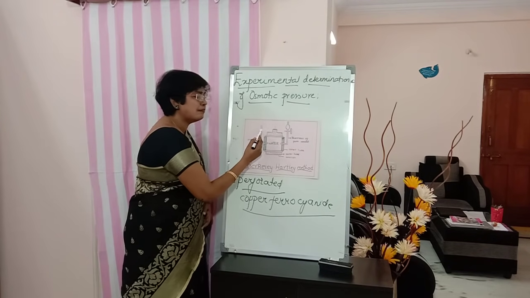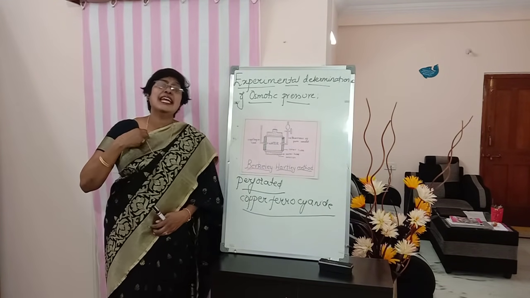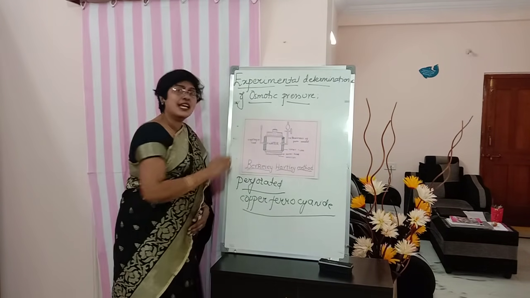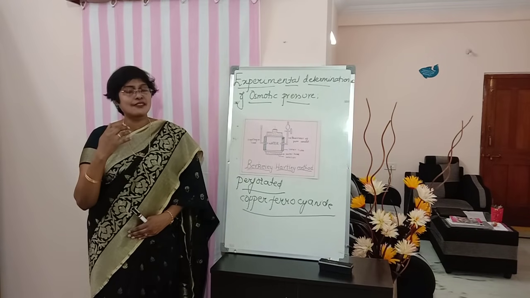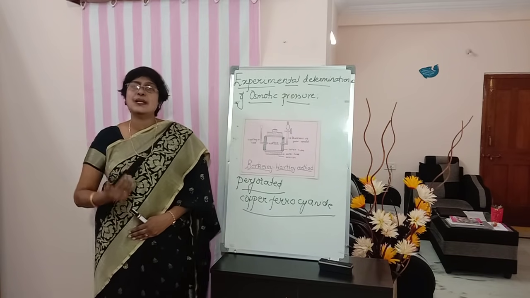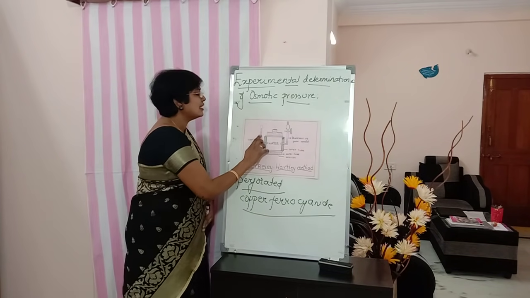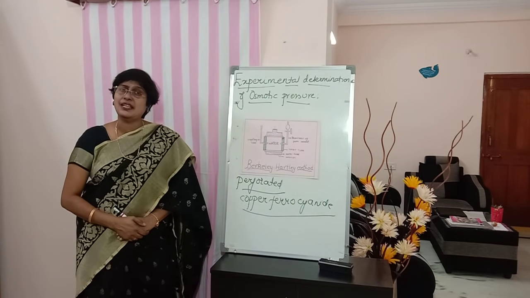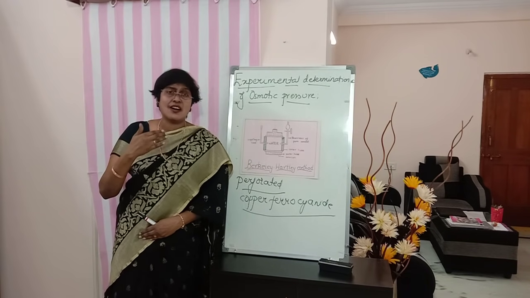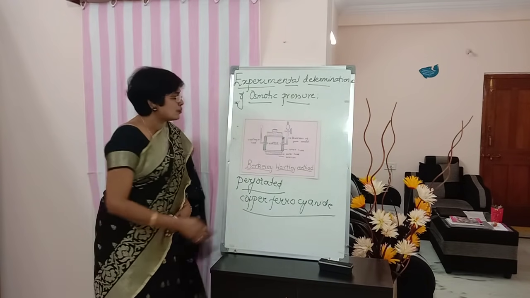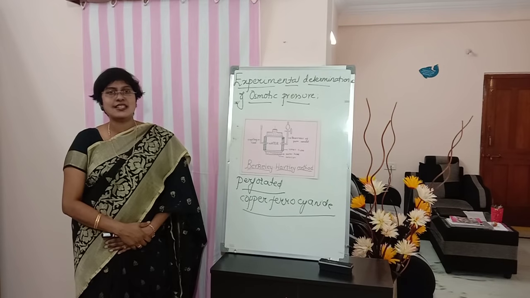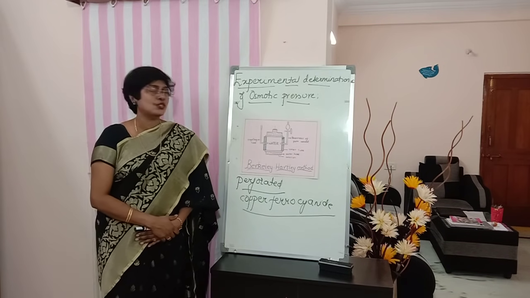So therefore, the level of water in the capillary tube comes down, and now external pressure is applied with the help of the piston. Why is this external pressure applied? To prevent osmosis. Okay. So until when is this pressure applied? Until the solvent reaches back the original level in the capillary tube. And this pressure is recorded with the help of a pressure gauge, which will be equal to the osmotic pressure of the solution. Clear, students? Understood now? Fine. Okay. Then we will move on to the next topic.